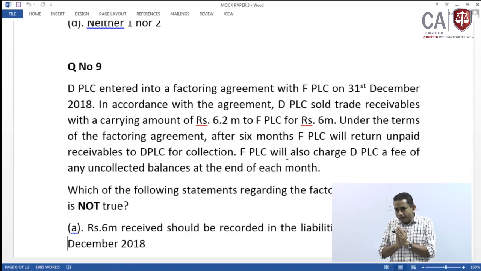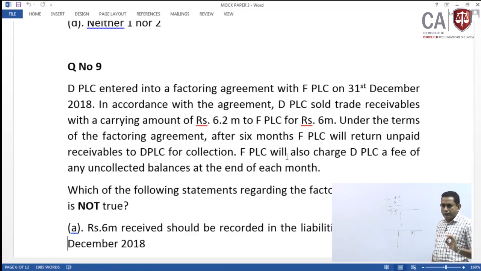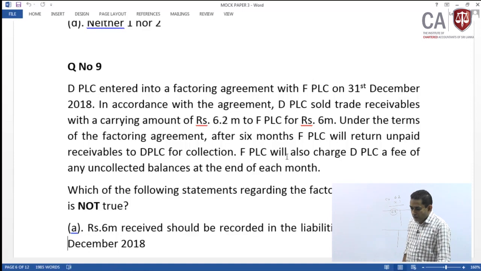So, this 0.2 million will be recognized into profit and loss as a finance charge over the period of maturity, and you also need to work out the effective interest rate. So, that is the scenario in nitty-gritty. That is what has really happened. And without just looking at the legality of the transaction, let's see how the accounting should be, just to exhibit the economic reality of the transaction.